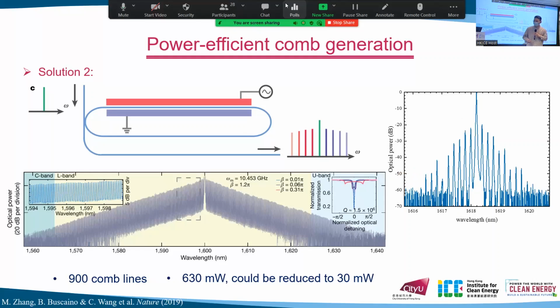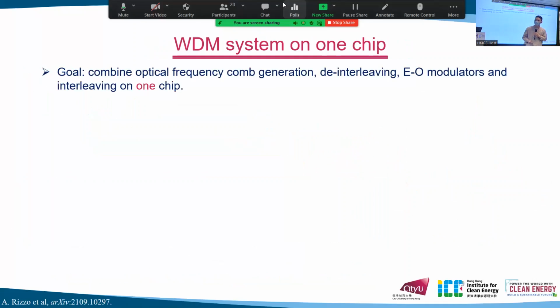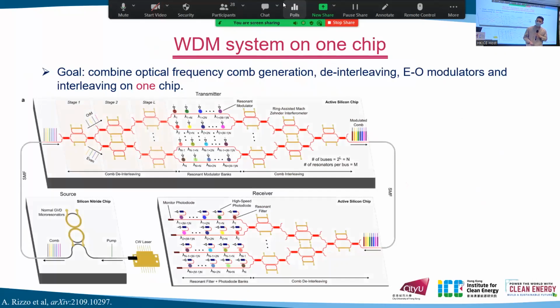Okay. So with the modulators and the frequency comb generation, what we want to do is a WDM system on one chip, which means that we want to combine the optical frequency comb generation and modulators together on one chip. This picture shows a schematic of the chip